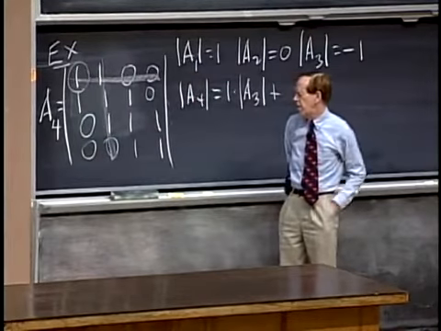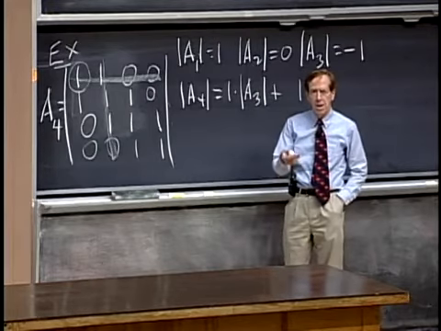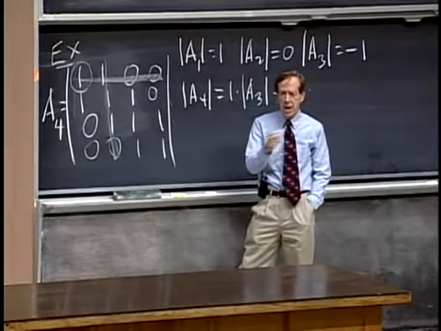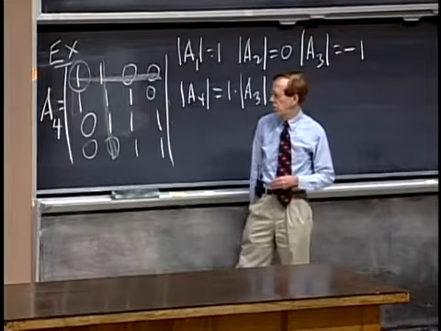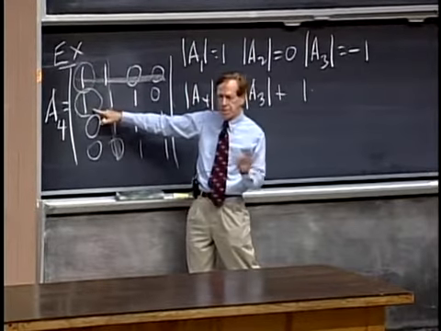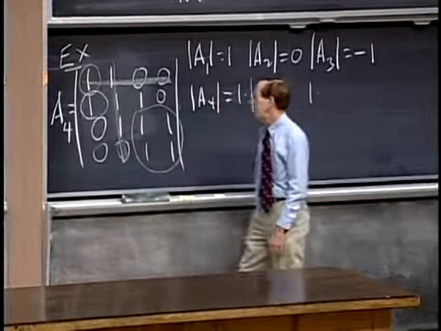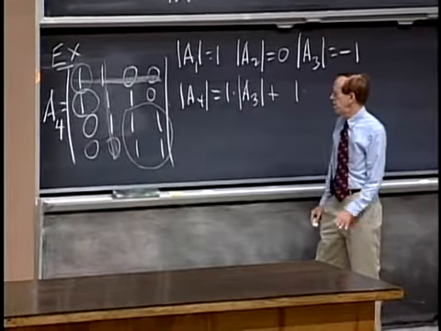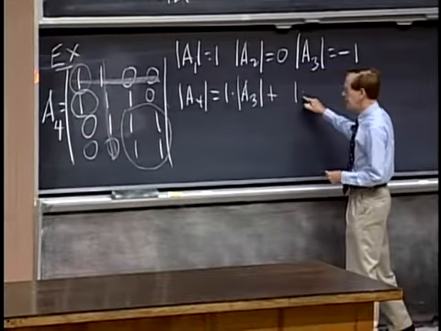OK, so I got a 3 by 3. Well, let's use cofactors again. Use cofactors of the column, because we could use cofactors of columns just as well as rows because of the transpose rule. So I'll take this one, which is now sitting in the plus position, times its determinant. OK, 1 times